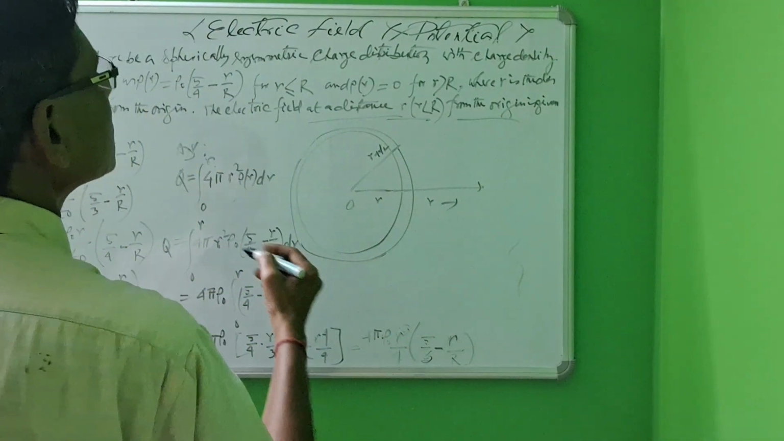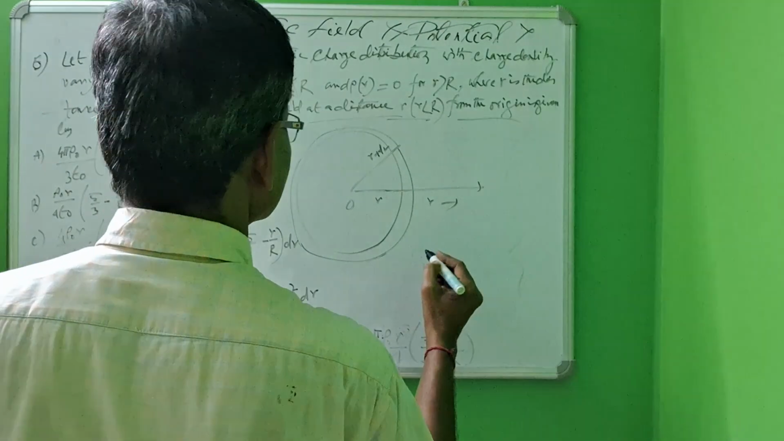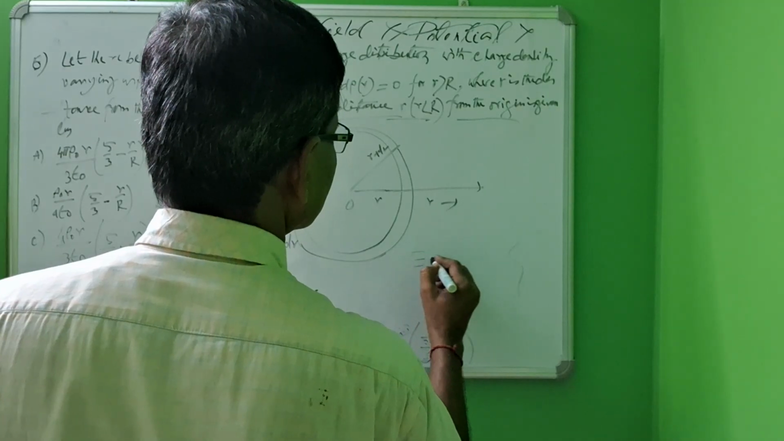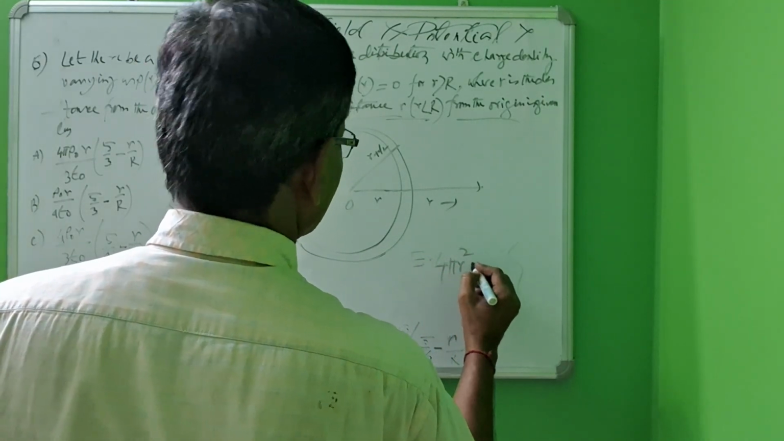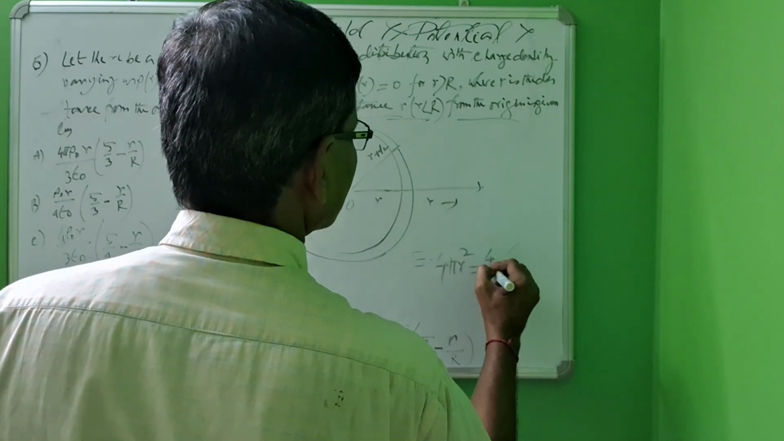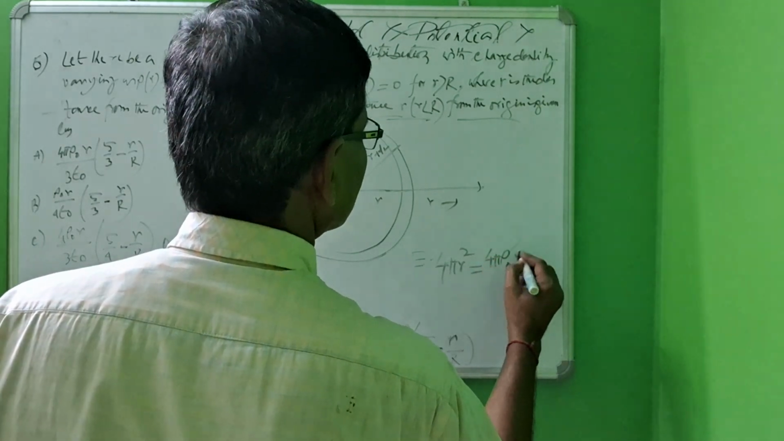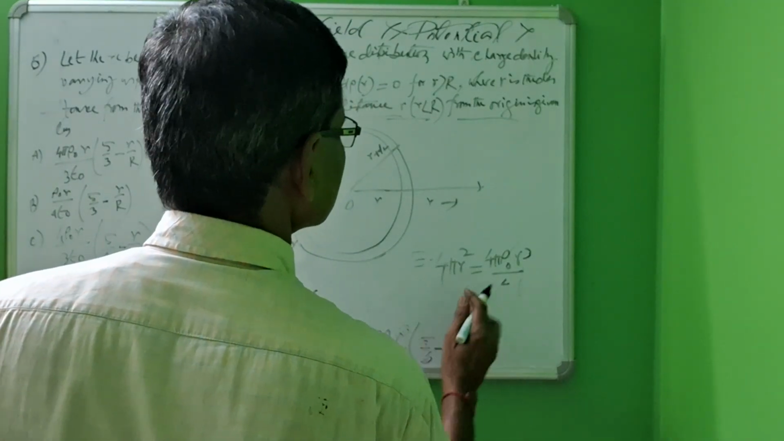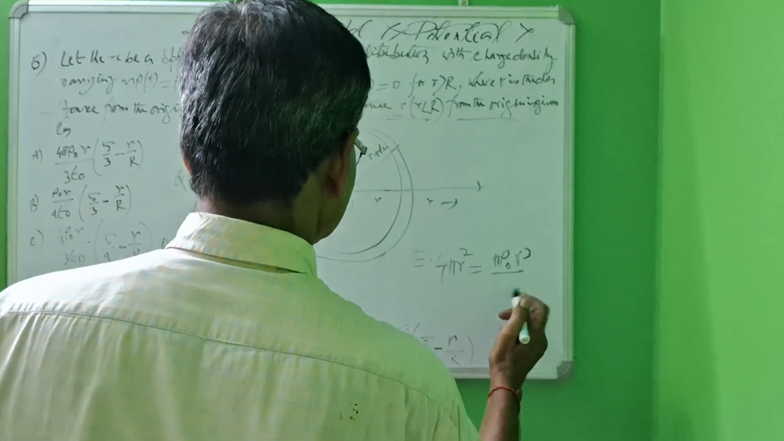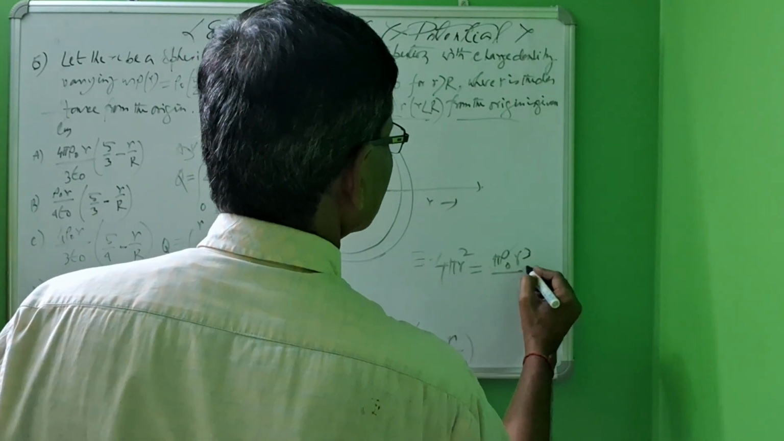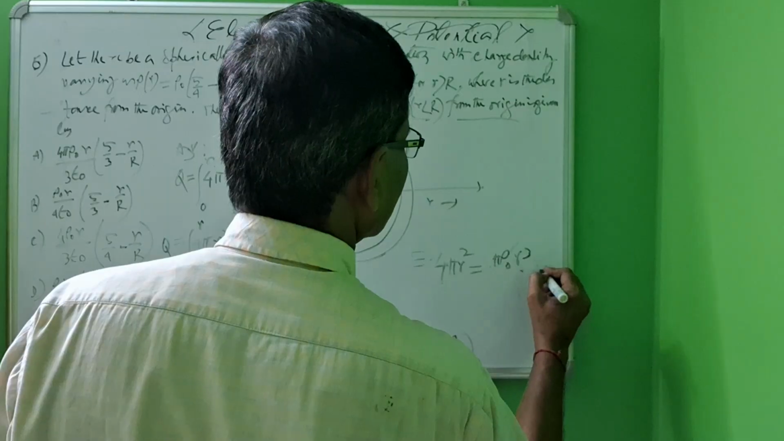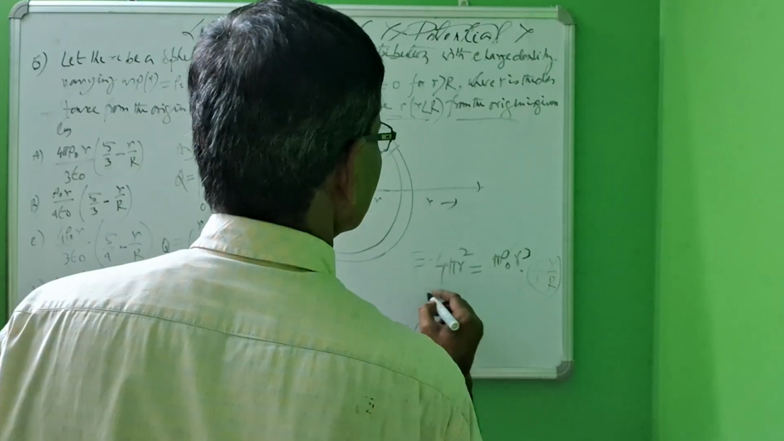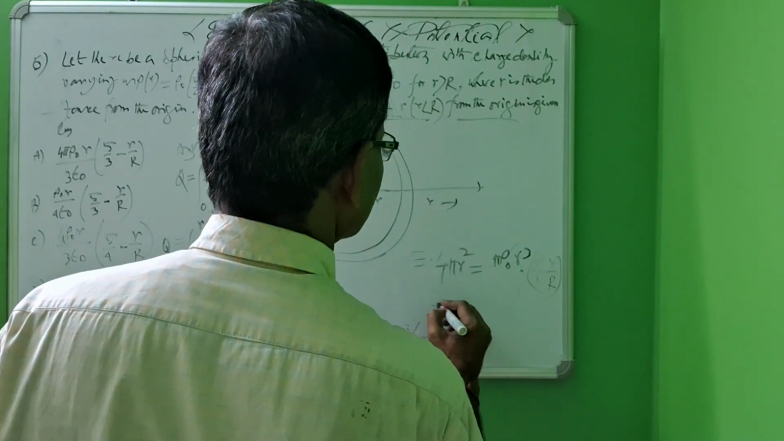So now E into 4 pi r square equals 4 pi rho 0 r cube, 5 rho 0 r cube, 5 by 3 minus r by R. So equals to